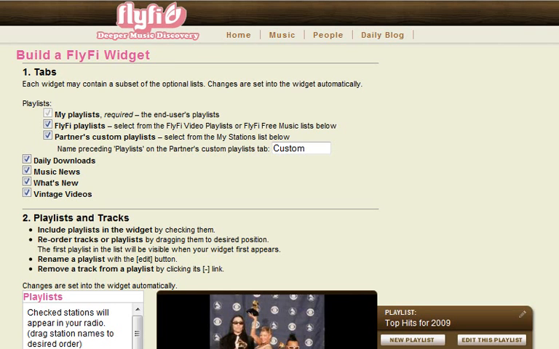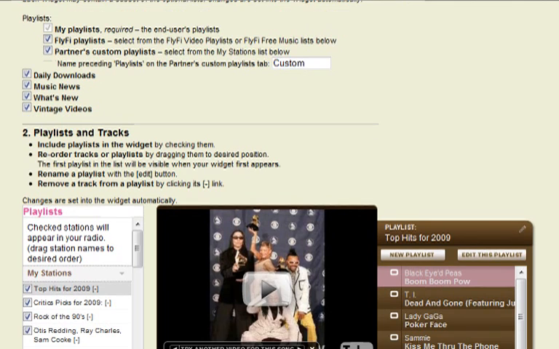Okay, welcome back. We are now starting Chapter 2, where we'll be covering our widget build page, this being the page where all the customization and content management for your widget takes place. As you can see, this page has been divided up into 6 steps. You will basically be working your way down towards the bottom of the page in order to complete a widget